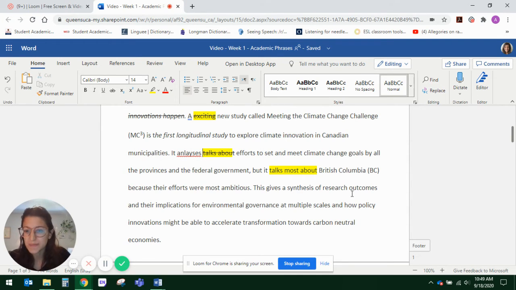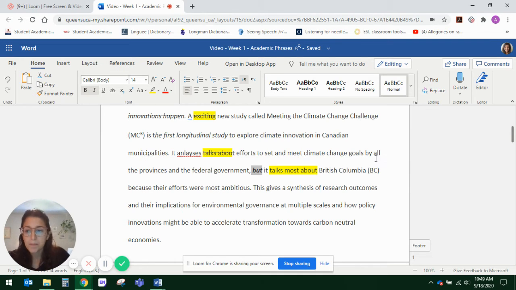So you want to ask yourself, what is my subject actually doing? What's the action happening here? And choosing strong verbs is a great way to improve the strength of your academic language throughout your paper. So now this first part says, it analyzes efforts to set and meet climate change goals by all the provinces and the federal government. And then we have this but it talks most about British Columbia because their efforts were